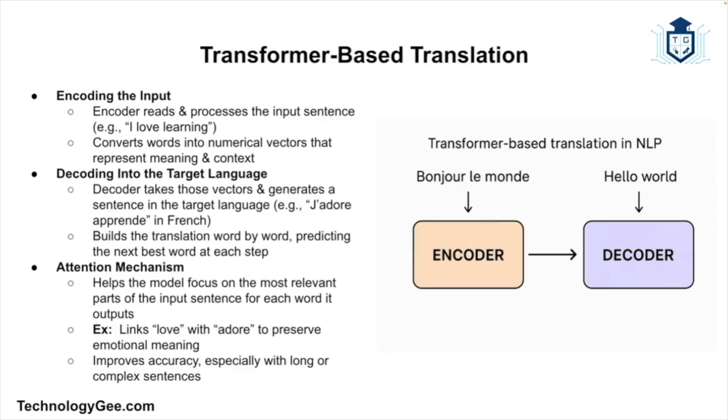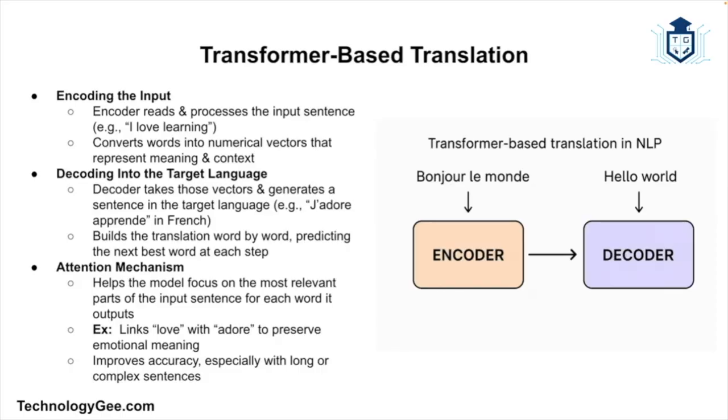So you have an encoder, and this reads the input sentence, like you saying, I love learning. Then there's the decoder. This generates the output sentence in the target language, where it'll transform I love learning into its French equivalent. Then you have what is called an attention mechanism, and this ensures the right words are matched. So the word love in English will map to the word adore in French. And because these models are trained on massive amounts of bilingual data, they get surprisingly good at capturing nuance and